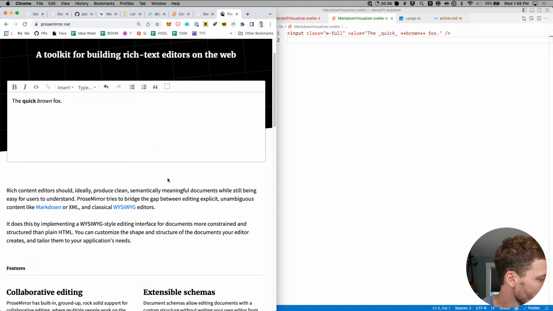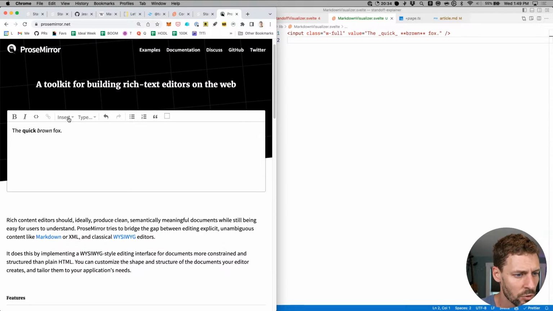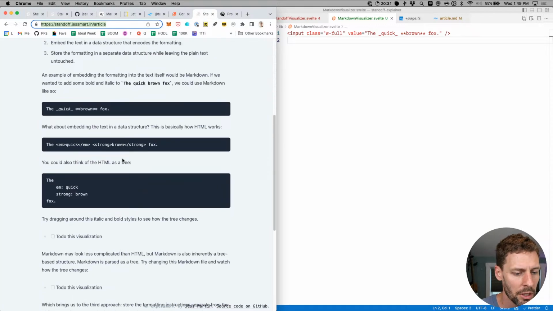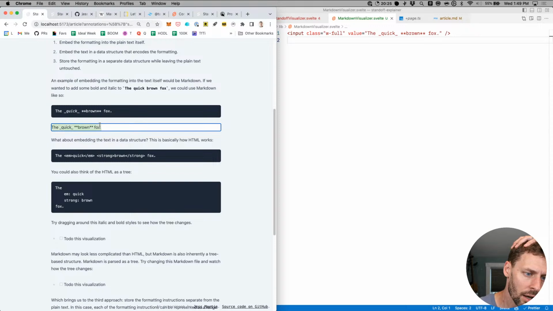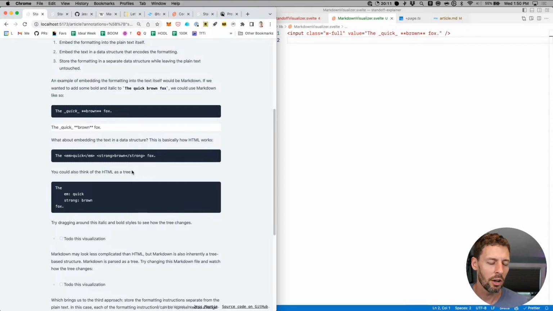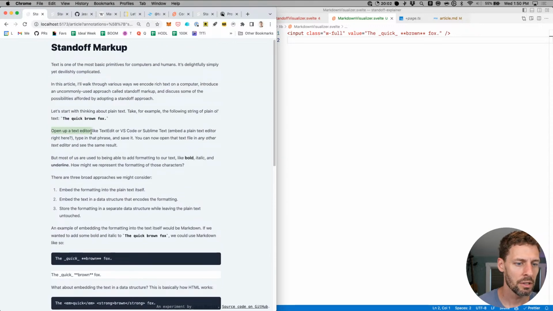So let me see, what do we think here? We're going to do kind of three of these back to back to back. We're going to do Markdown, HTML, and then HTML as a tree where you can see the HTML tree as you edit the thing. I think we don't want to force them to type raw HTML or raw Markdown. In fact, what we really set up here is that you can type this quick brown fox thing,